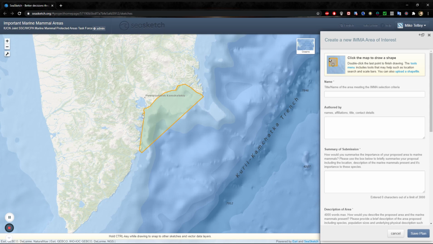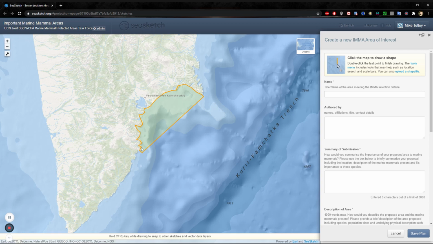As I've said previously, really the boundaries which you create at this point in time don't need to be perfect. They can be fairly coarse and draft boundaries. Usually as part of the IMA process, you'll find that the IMA Secretariat, in particular when we're going through the review process, will actually refine these boundaries based on that assessment. So you don't need to provide perfect boundaries. However, you can provide as detailed an area as you like.